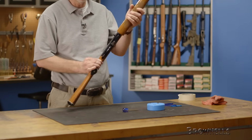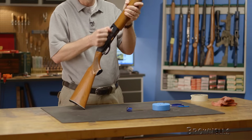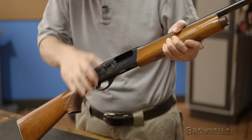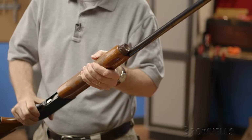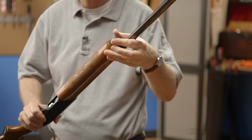Before field stripping any firearm, you first want to check to be sure the gun is completely unloaded. With the safety in the on position and the muzzle oriented in a safe direction, lock the bolt open. Then physically and visually inspect the magazine tube as well as the chamber. Once you're sure the gun is completely empty and all possible ammunition sources have been removed from the work area,